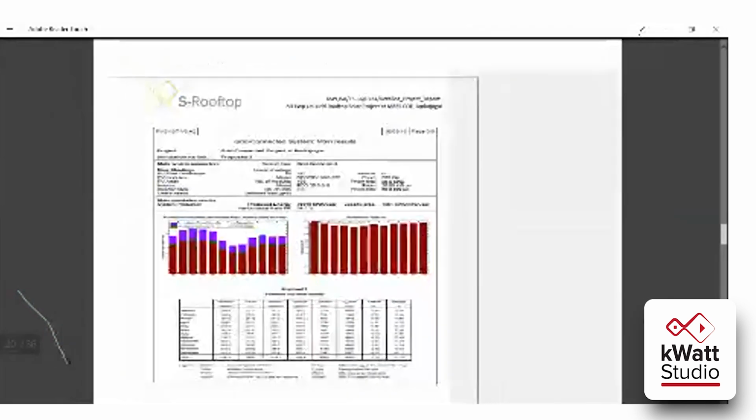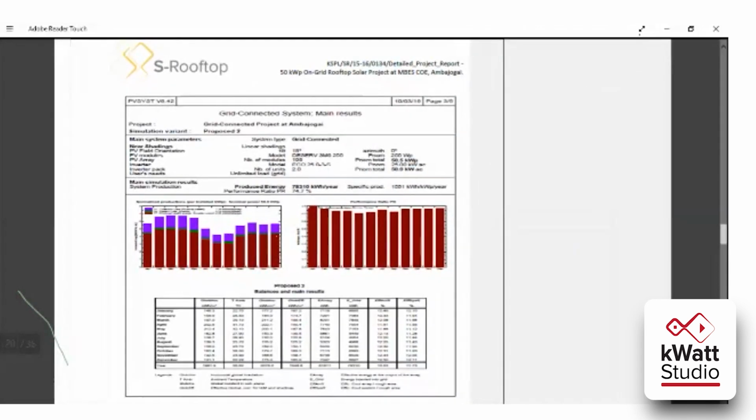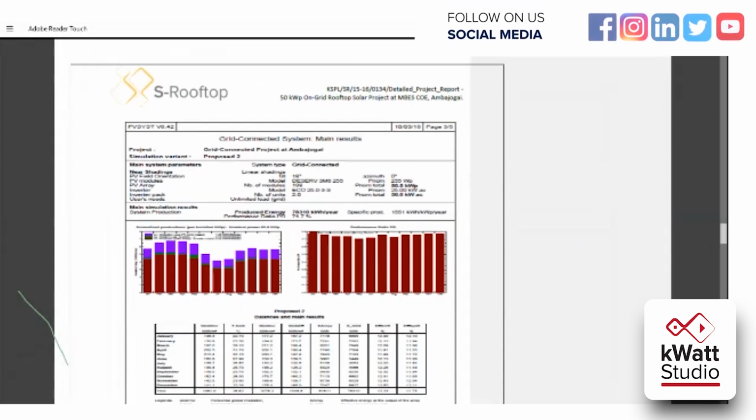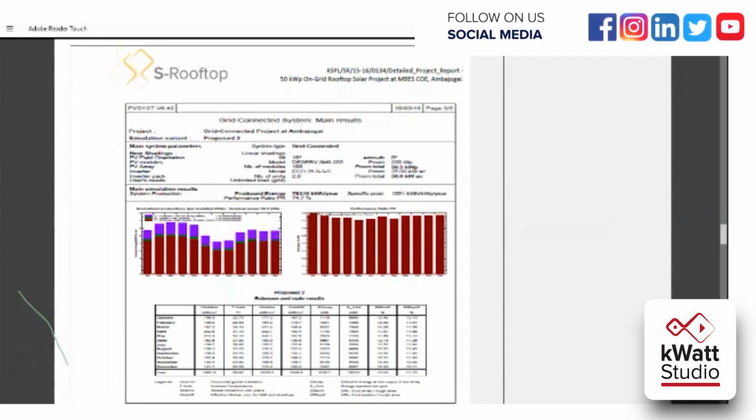Again, on the first page and second page, you will get module related details, inverter related details, climatic details, site details, then array layout, sun path. Then again, on the third page, you will have the generation related details.